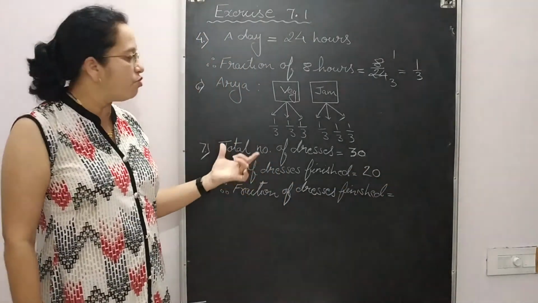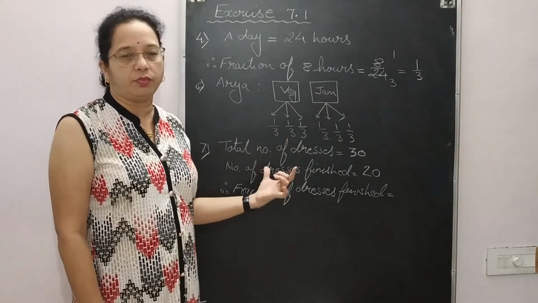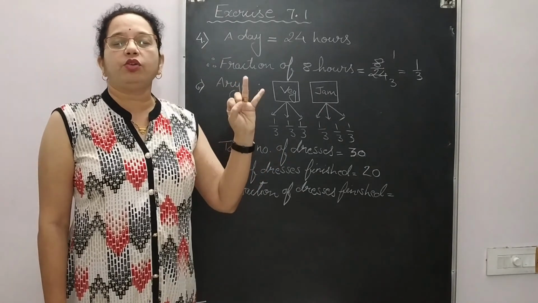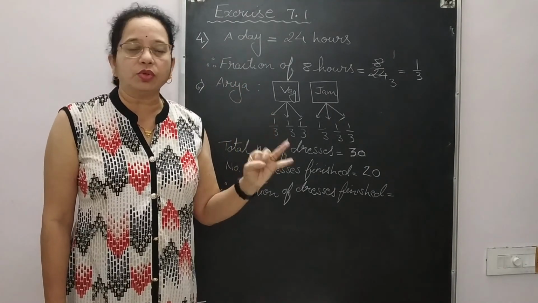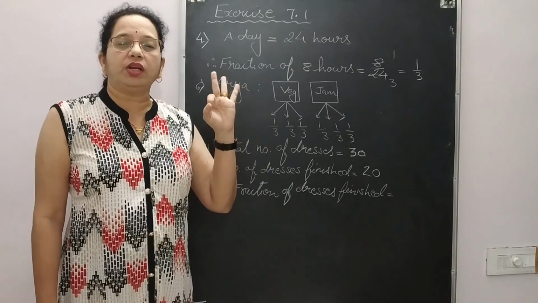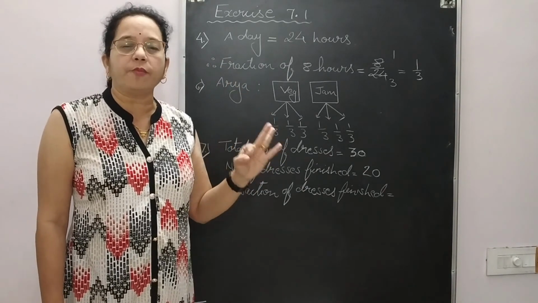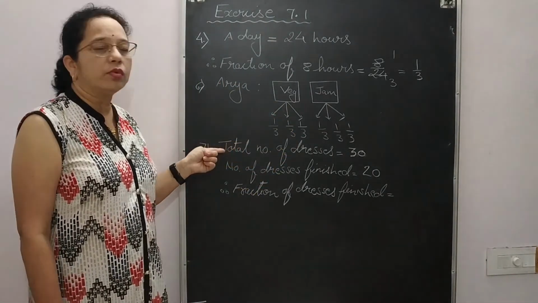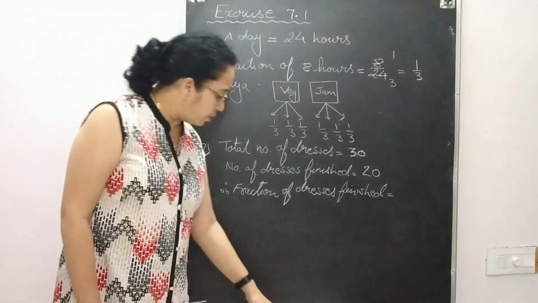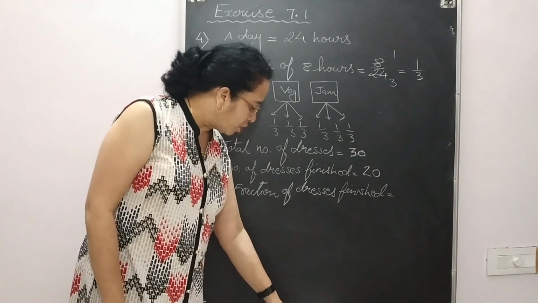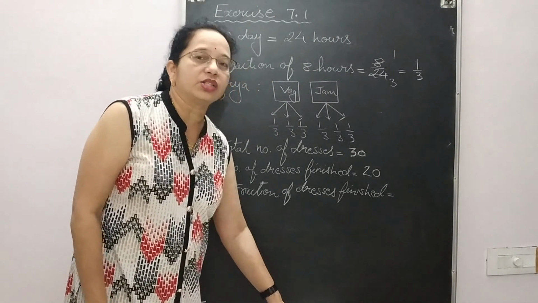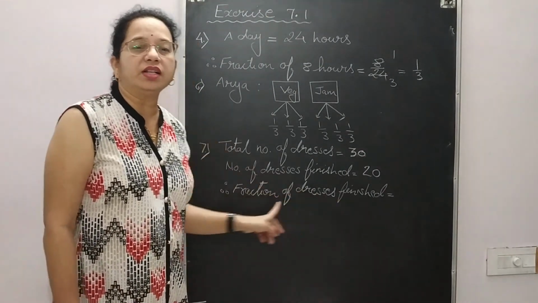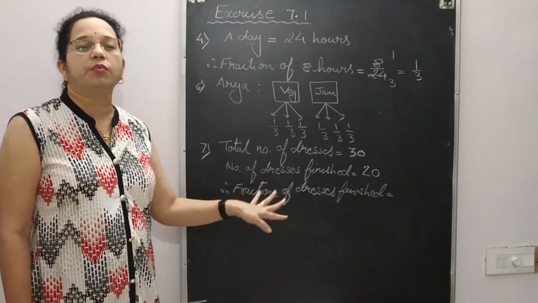In word problems, you see, one line always we write down the statements. In word problems, writing the statement is important. Second step, we need to find out what operation we are supposed to do. Third step, we do the operation, we do the calculation part, we solve the sum, and fourth step, we write the answer in a full sentence. So the first step, we have written the statements. Now what is the last line of the word problem? What fraction of dresses has she finished? So therefore, fraction of dresses finished. The final statement also we get from the word problem itself.